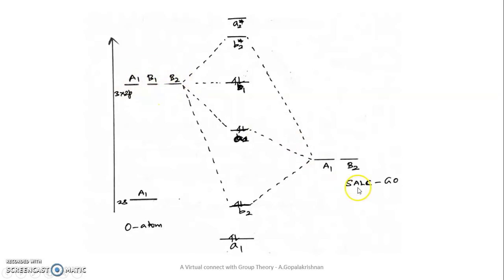And we have formed two group orbitals using symmetry adapted linear combination. What are the group orbitals? One belongs to A1, the other belongs to B2. These group orbitals have the same energy. Listen, the surrounding atoms form group orbitals, and these group orbitals have the same energy. Now first I'll take the group orbital which has A1 symmetry. On the atomic orbital side, I have the 2s orbital having A1 symmetry and the 2p orbital also having A1 symmetry. So you can combine either this orbital with this or that orbital with this. So two possibilities are there.